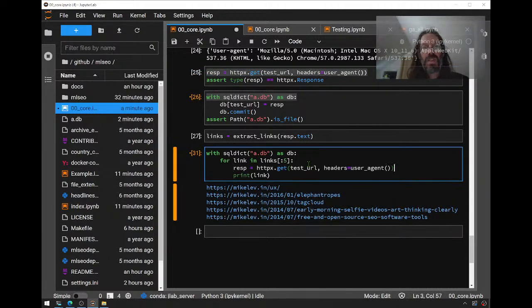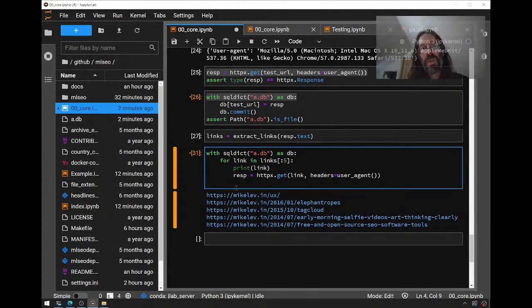By putting this in here, the response will be against the item in the list. I guess we'll still print it so you can see what it's up to. I guess the print command should be before the attempt to fetch the data. Now you're sitting on the data, but it's not committed to memory anywhere. There's no reason why you can't do db using the link as the database key equals what was just responded,